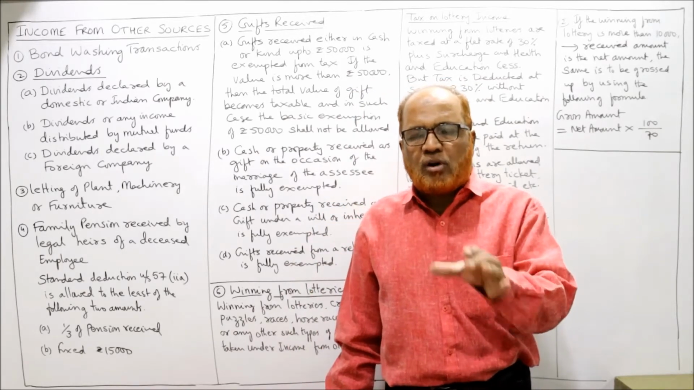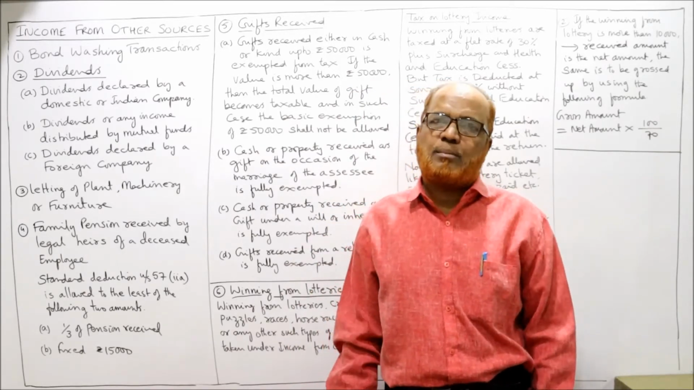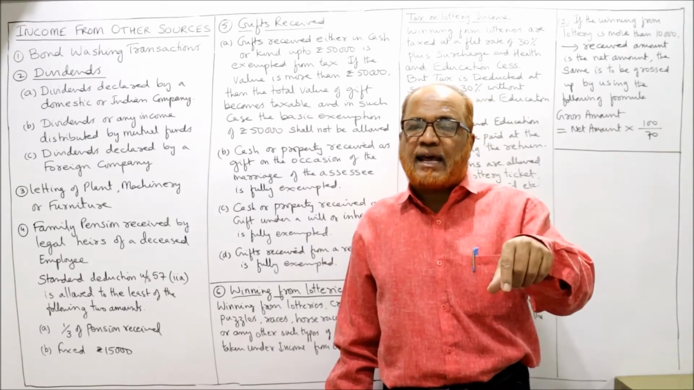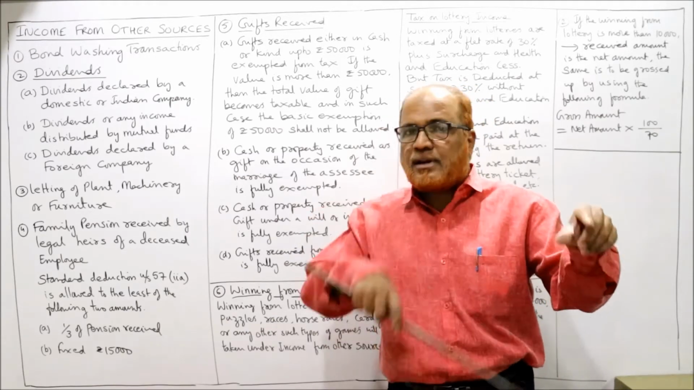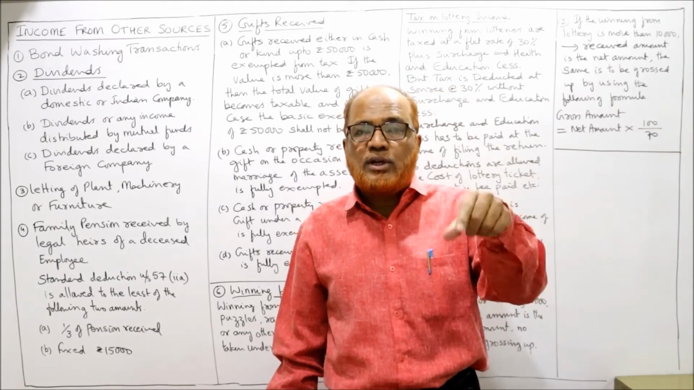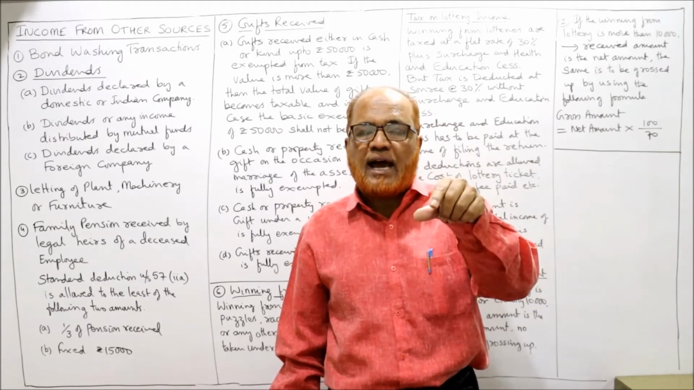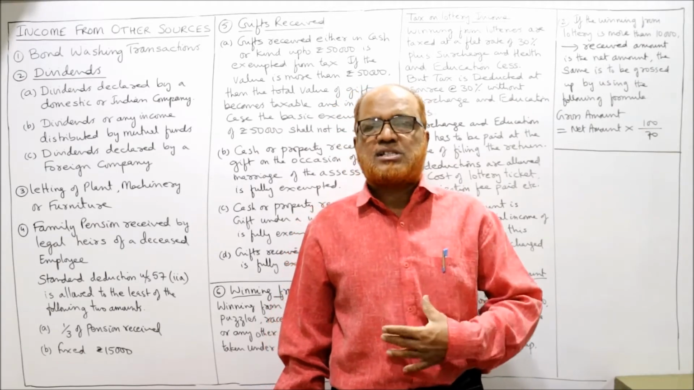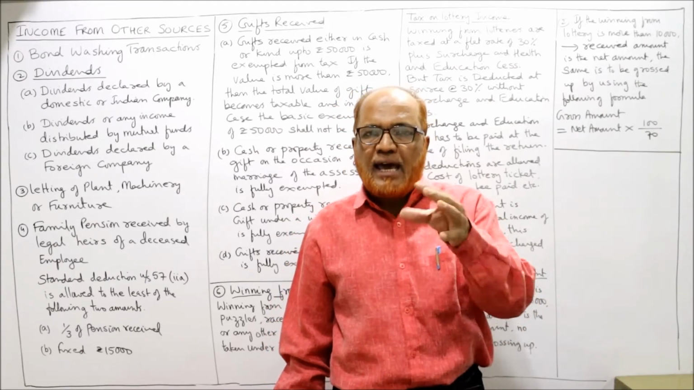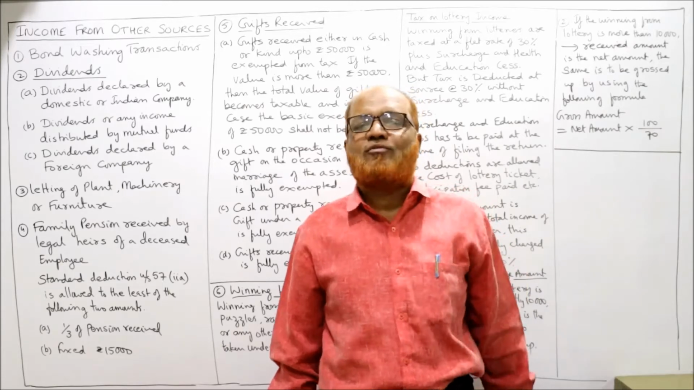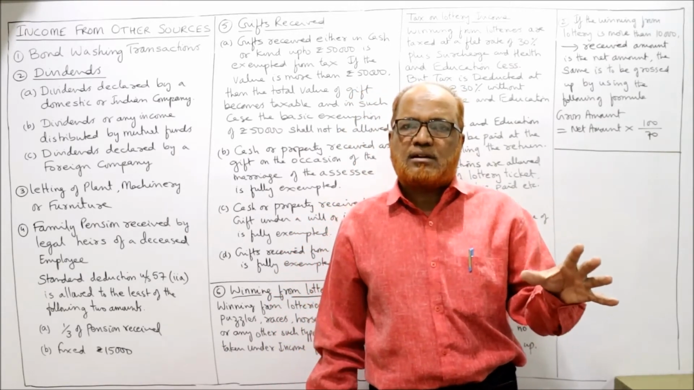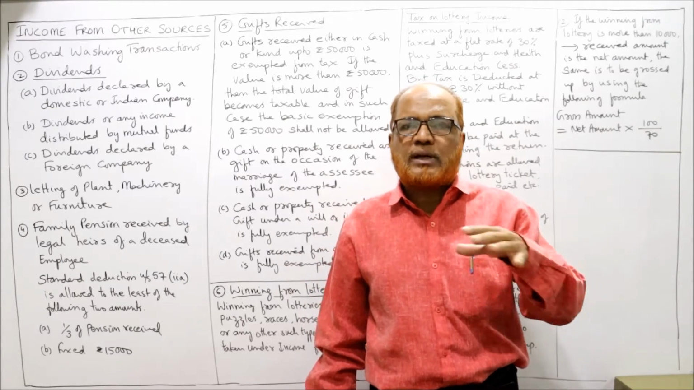If this type of bond washing transaction happens, what will the Income Tax Act do? The Income Tax Act will calculate the tax on this transferred security and put it to tax in the hands of the original transferor. The original transferor is Mr. A. So Mr. A has resorted to this act of bond washing transaction. So whatever tax liability is there on this transaction, that will be put to tax on Mr. A's hands,